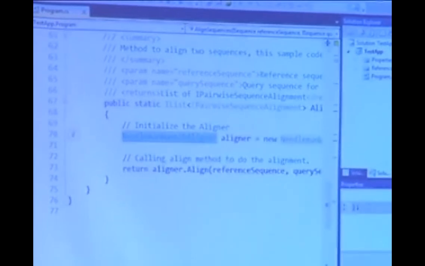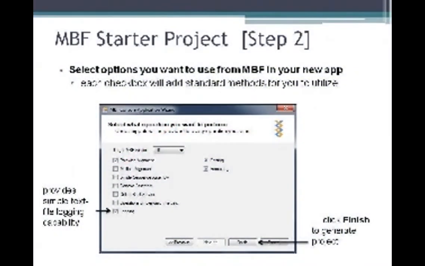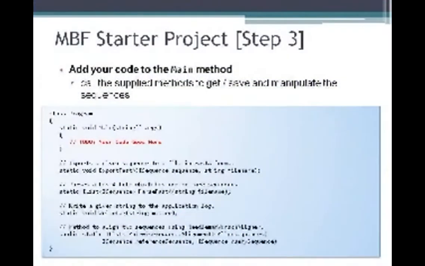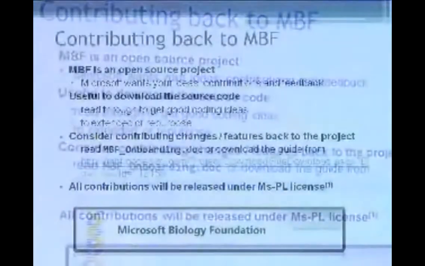So you can see how that sets up, but it just gives you kind of a starting point. So if you really don't know exactly where to start with MBF, this is a nice place to start. It gives you particular static methods that then you just string your application together by calling these specific methods to do the actual work. Okay, so again, here's sort of the inputs that you can feed into it, and then it generates that nice bit of code for you that you can then consume and use.